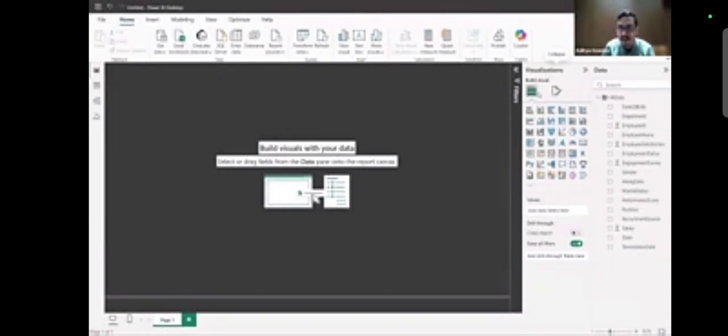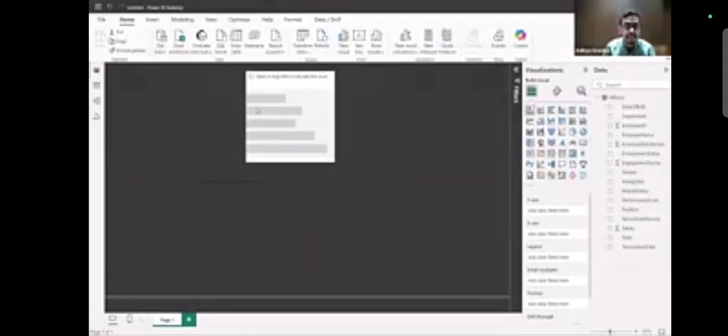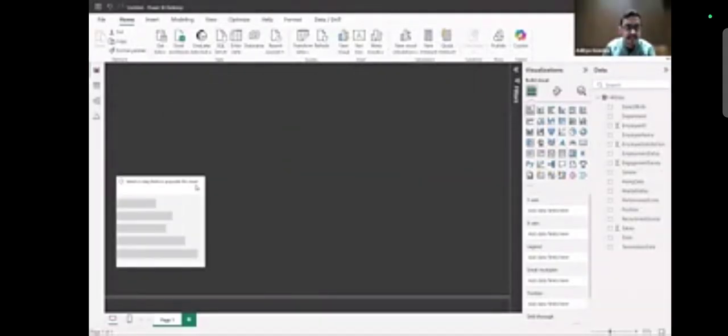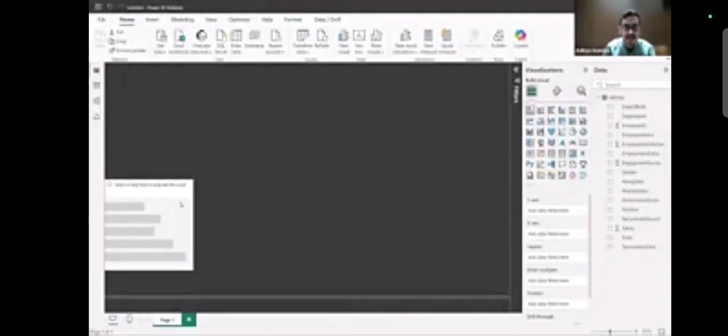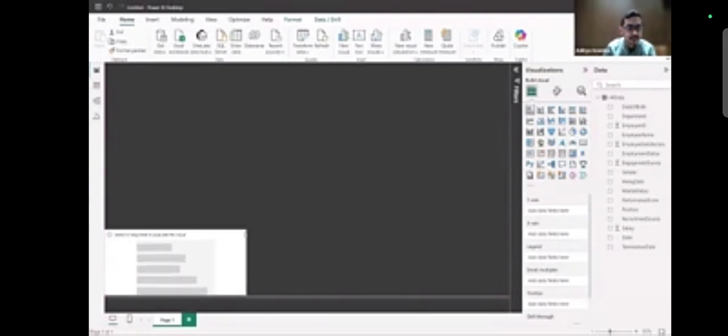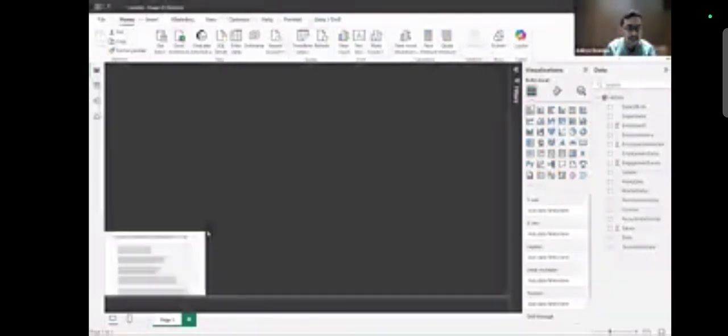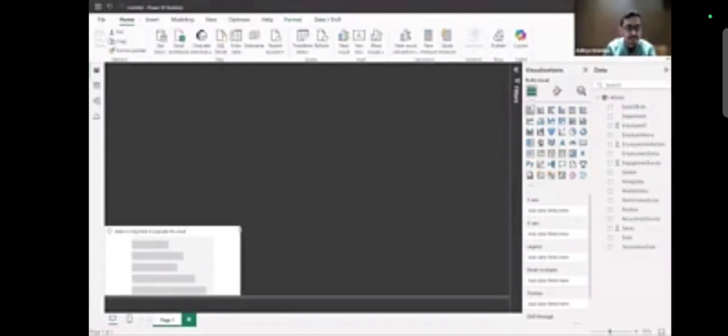What I'll do, I'll go to the visualization pane and click on this stacked bar chart. Once I do this, guys, this is a movable one. I can place this anywhere in my screen, but I mentioned to you that I want to start always from the bottom. So I'll start from the bottom. Then I can reposition it as well, whatsoever size I want my graph to be of. Now what I'll do, I will add different